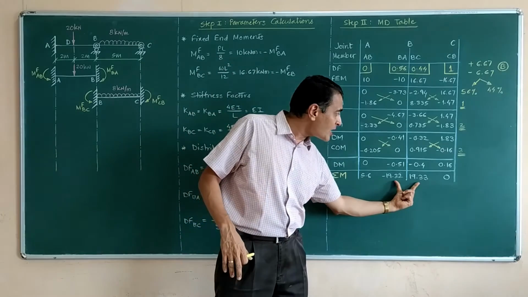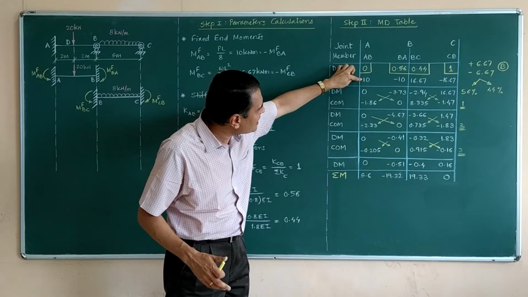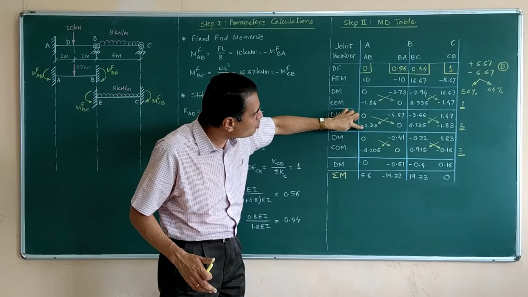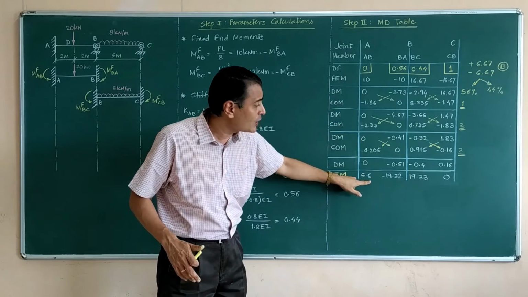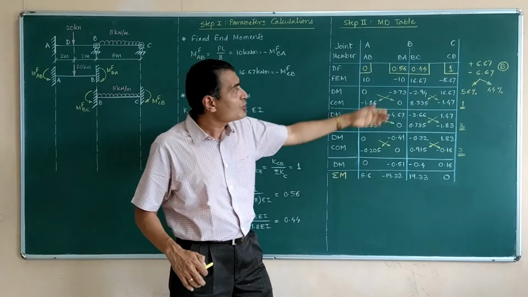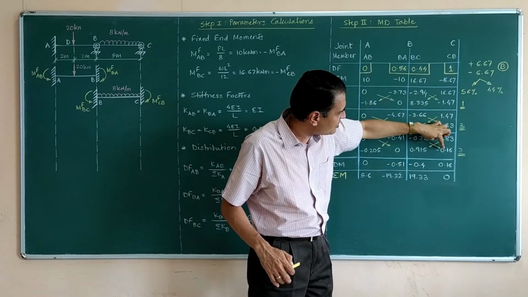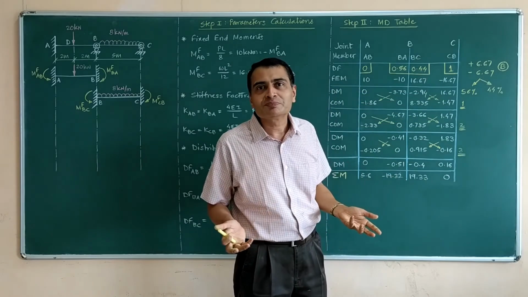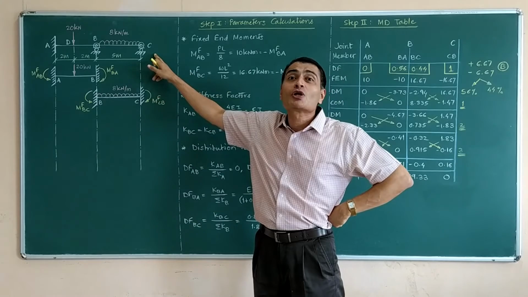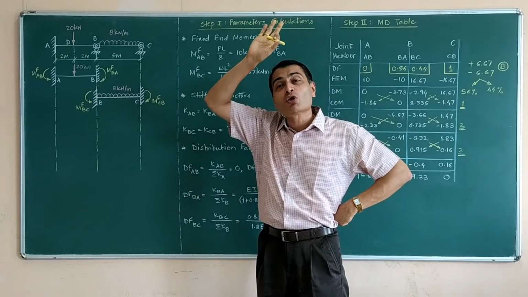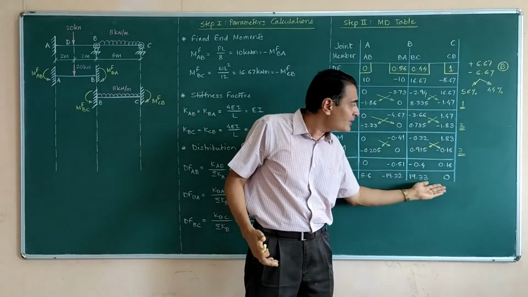Now these two values I have found, so what else? I will add these. So it is 10 minus 1.86 minus 2.33 minus 2.05, and you are going to get something like 5.6. When you add these, this will yield 0. And it has to yield 0 because this is an exterior roller support. In the very beginning we had made an observation that M of CB has to be 0. So yes, it is giving 0.